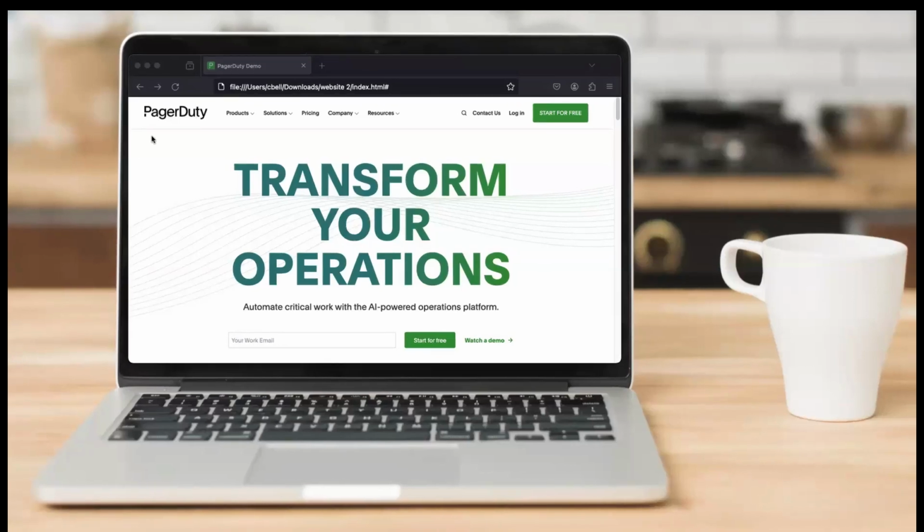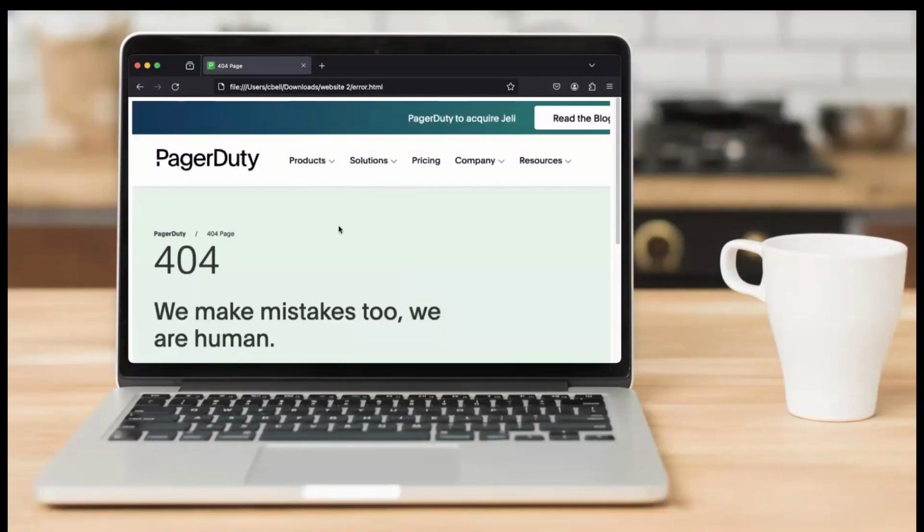Let's start with a user looking to sign up for a trial of PagerDuty. They heard we're launching incident management today and want to start testing out some of the great new functionality. It looks like there was a problem signing up for a trial. We want to ensure our users are able to access our systems as quickly as possible, so let's start working